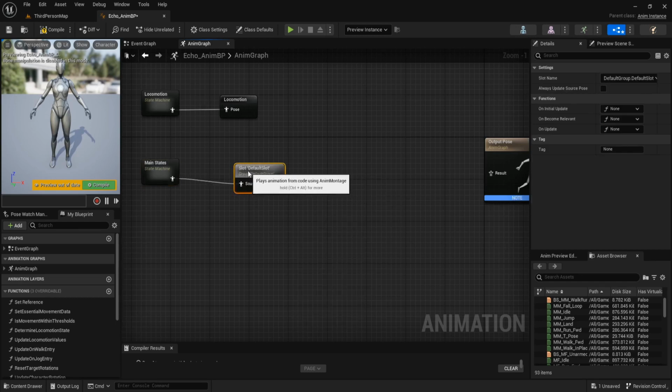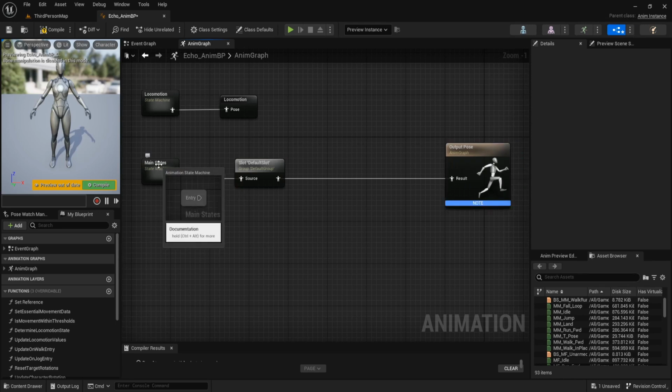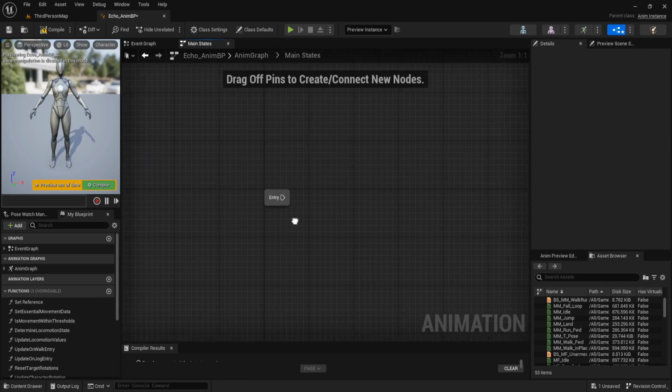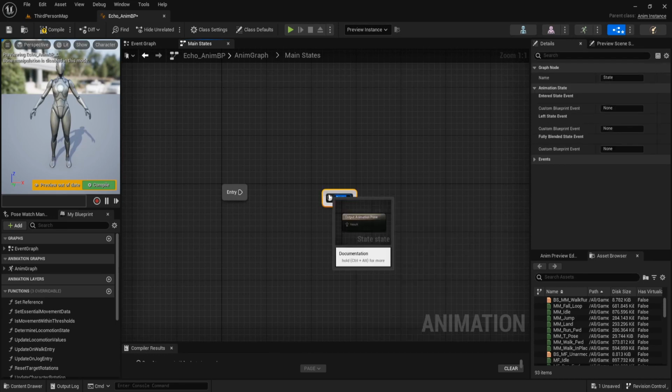This slot we can use to play the animation montage and connect it to output pose. Open this main state and create a state, add state. Name it on ground and connect it to on ground.